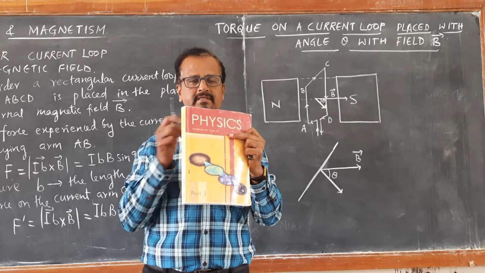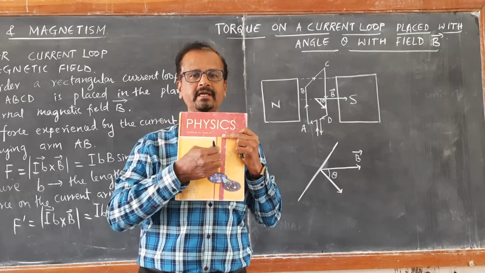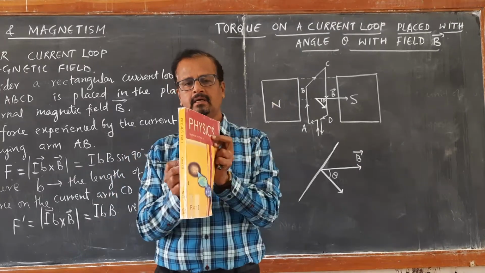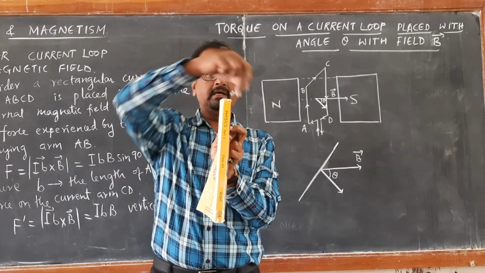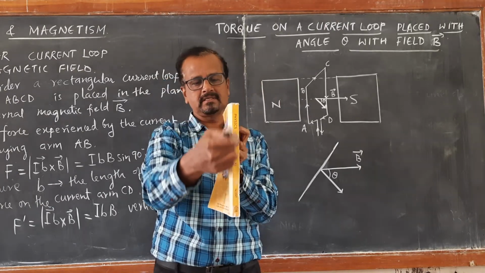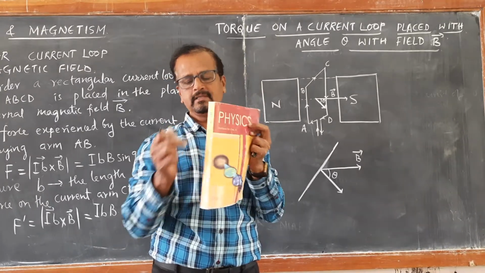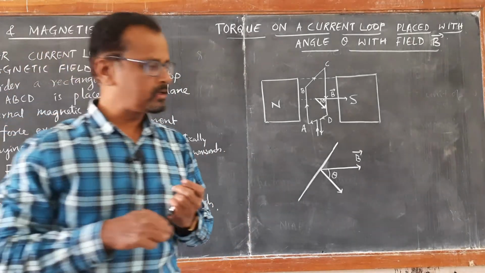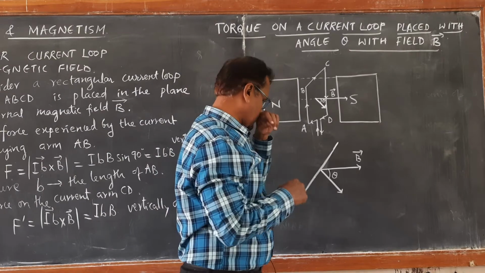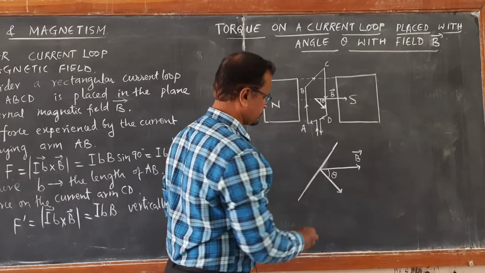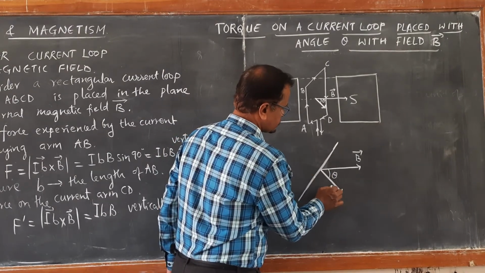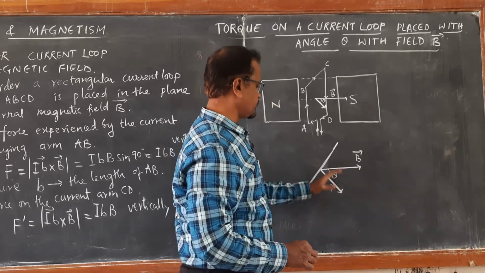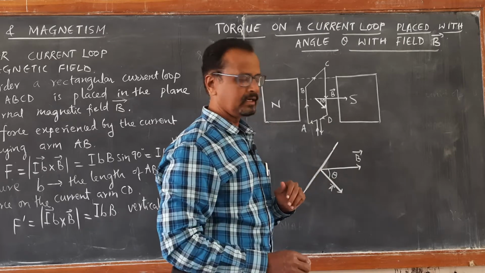Length into breadth gives you the area magnitude. The area vector is the outward normal that is drawn. Here it is like this: this is the outward normal here, and here it is the outward normal. For this thin plane, this is the outward normal. These give you the direction of the normal drawn to the area, and the normal drawn to the area gives you the direction of the area vector. So this is what we take as the area vector of the plane, and the area vector of the plane is making a certain angle theta with the magnetic field.